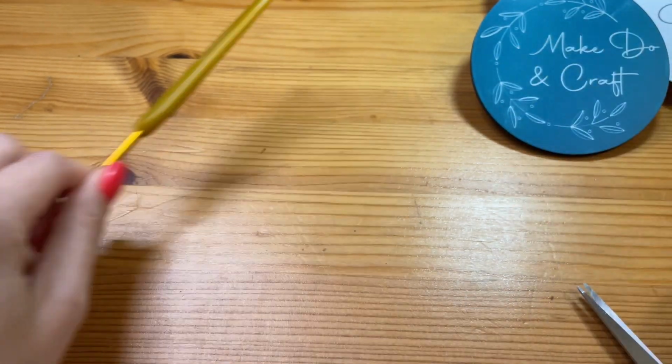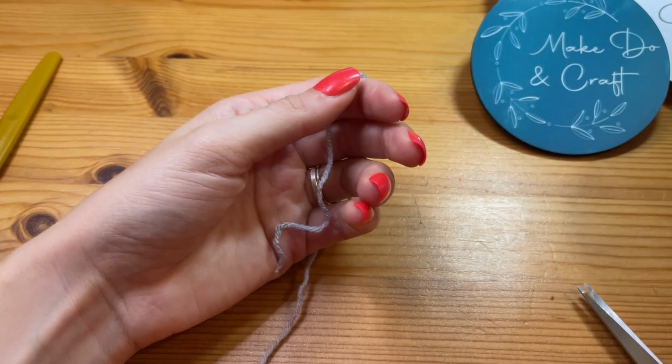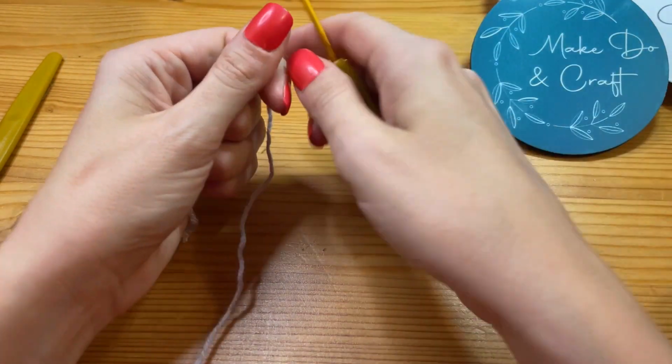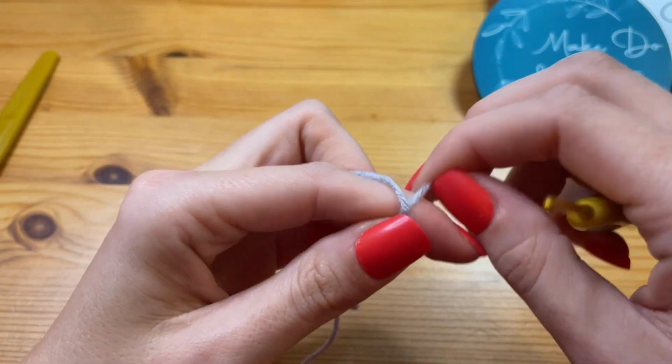Now we're going to move on to the eyes. Again, obviously I'm going to keep with the grey just so that you can see, and I'm going to drop down to the 2.5mm hook. Okay, so for the eyes it's really easy. Obviously you need to make 2. Start with a magic ring again,